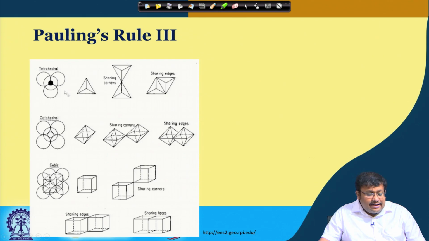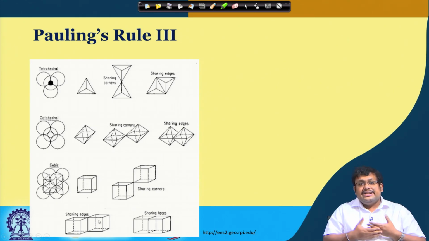So, you can see there are different types of structure and how they link between each other. You can see that tetrahedral, this is a single tetrahedral unit and they are sharing their corners, and here you can see when they are sharing their edges. This is octahedral unit when they are sharing their corners, and this is sharing their edges. And this is a cubic coordination, and this is basically sharing their corner and sharing their edges.